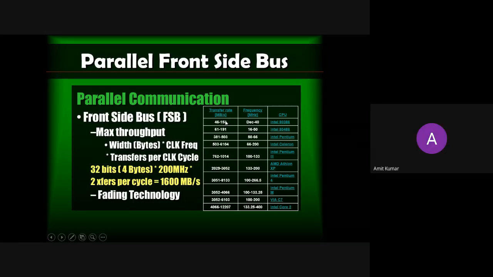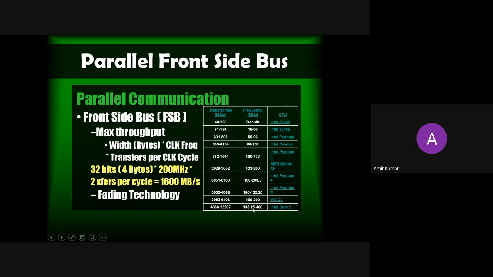Okay, sorry for the interruption. So as we have moved from 80386 to 80486, you can see how the transfer rate has increased, up to 191 megabits per second, and the frequency has also increased up to 50 megahertz. As we have moved from older to newer technology, the frequency has been significantly increased and the data transfer rate has been significantly increased.